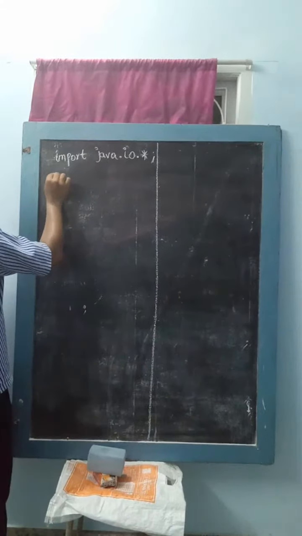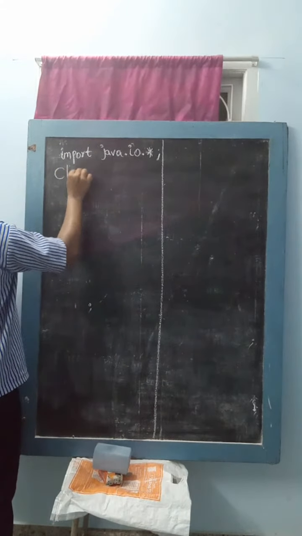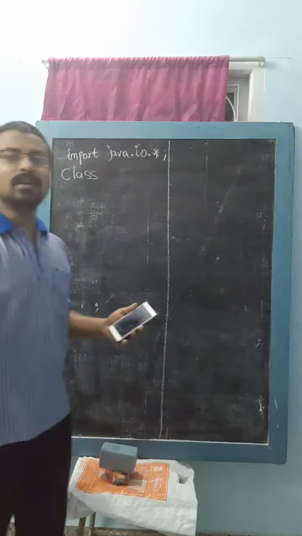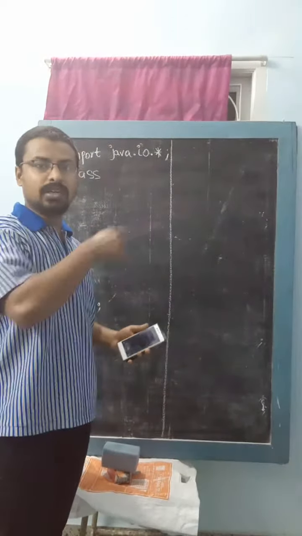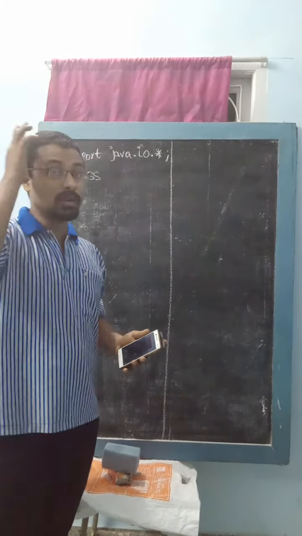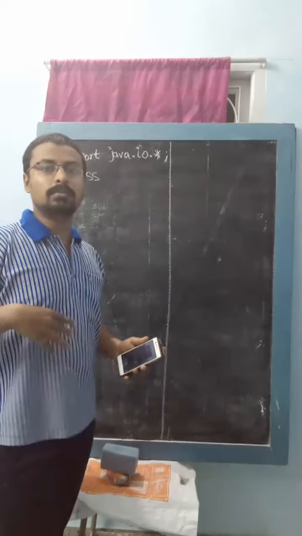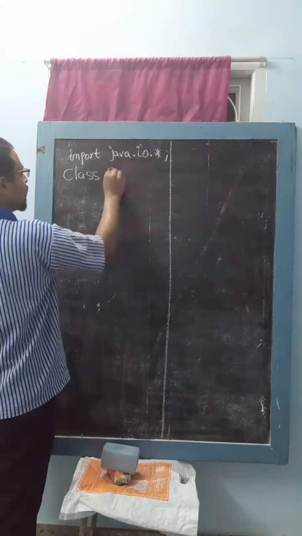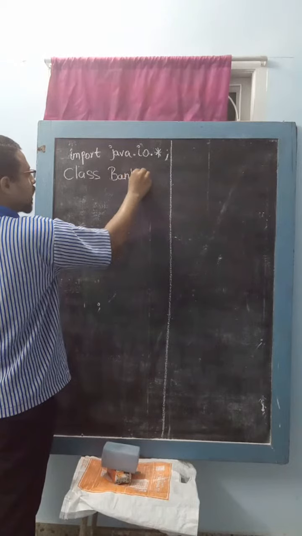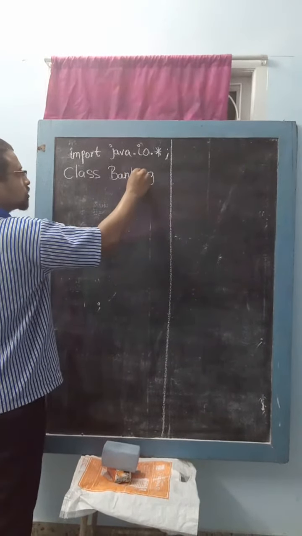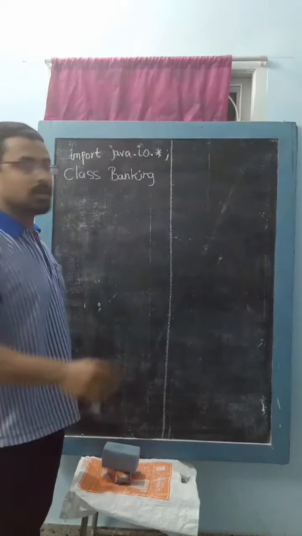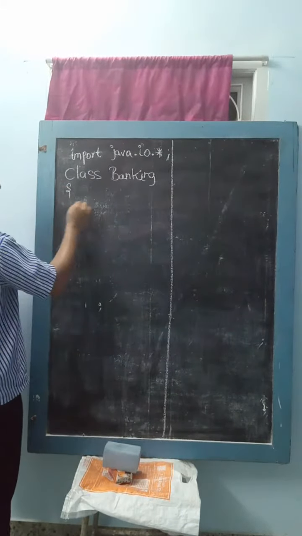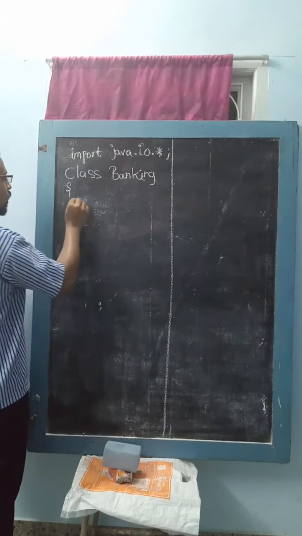Okay. I'm just starting class. You just give your own class name. Now I am going to make a banking transaction. I am just writing a simple banking transaction, it will display the banking transaction names. So I am just using banking. You can use bank or banking, whatever, because the terms are related to banking, right? So I am just using banking. Okay. Now inside the class we have to use public